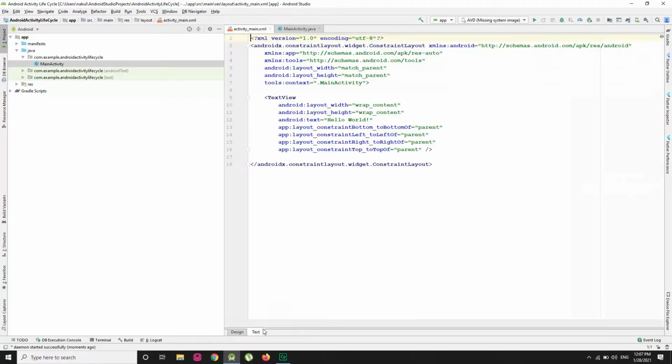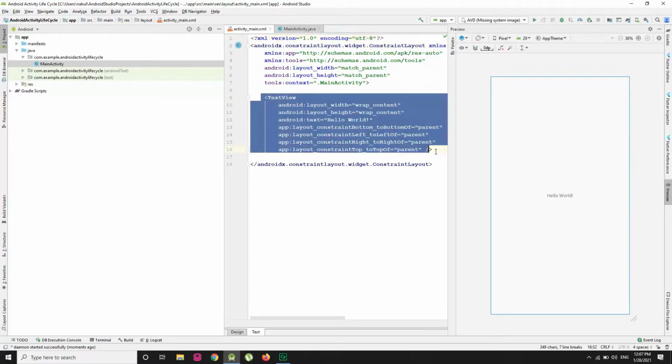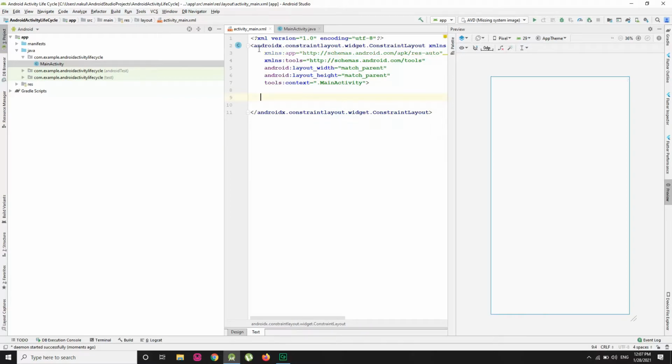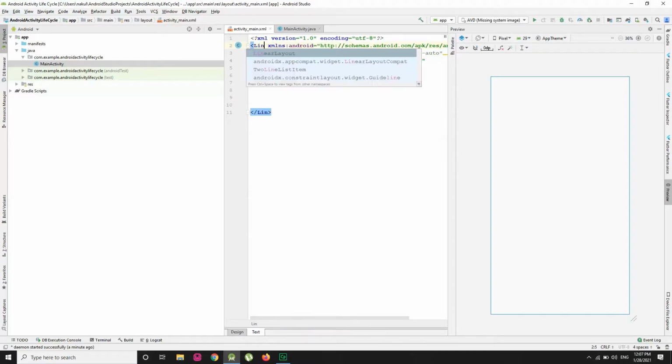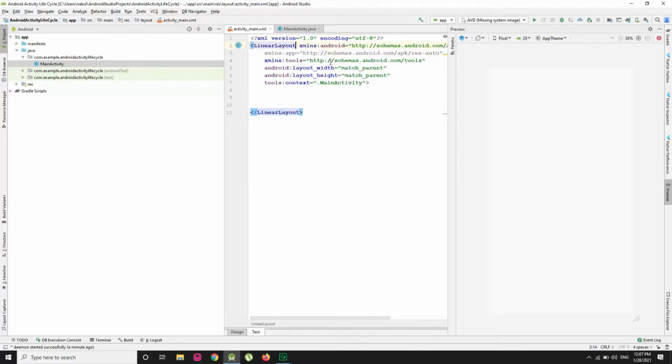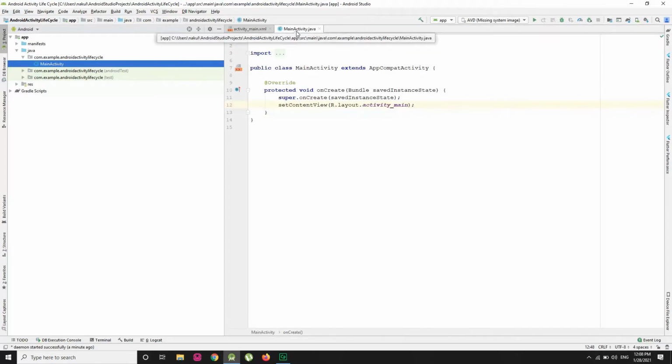So I am just going to remove this text view from here and change this constraint layout to linear layout. Okay, so we are just going to empty this activity_main.xml file and we just do our code in this MainActivity.java file.